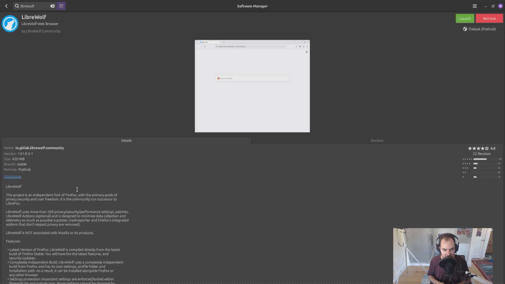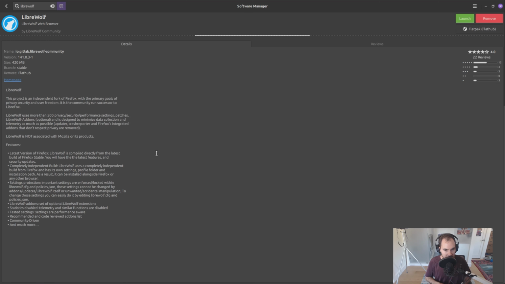It's a community-run successor to LibreFox. I've only ever known it as LibreWolf, and it's not associated with Mozilla. This is based on Firefox, but it's their own fork of it, their own take on it, and it's built on the latest version of Firefox. So it has all the security features from the Firefox builds, but they've tuned it to be a lot more secure and private than the regular Firefox. So if you're super security minded and privacy minded, like I am,